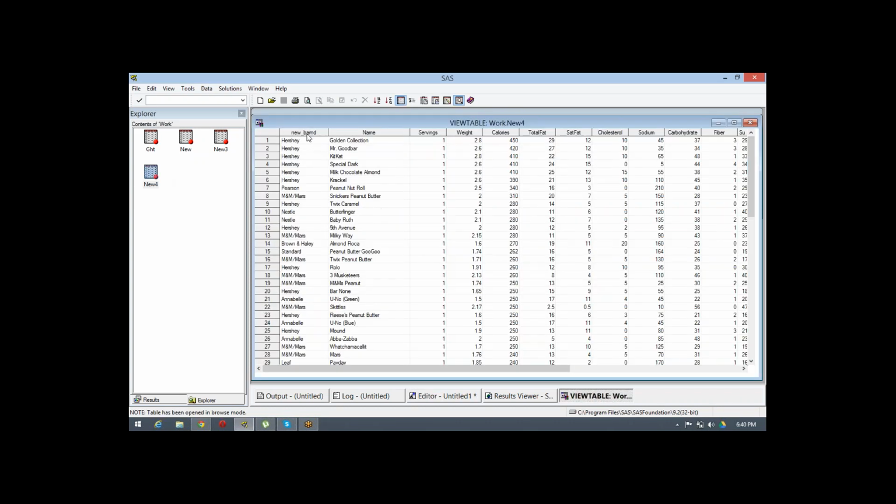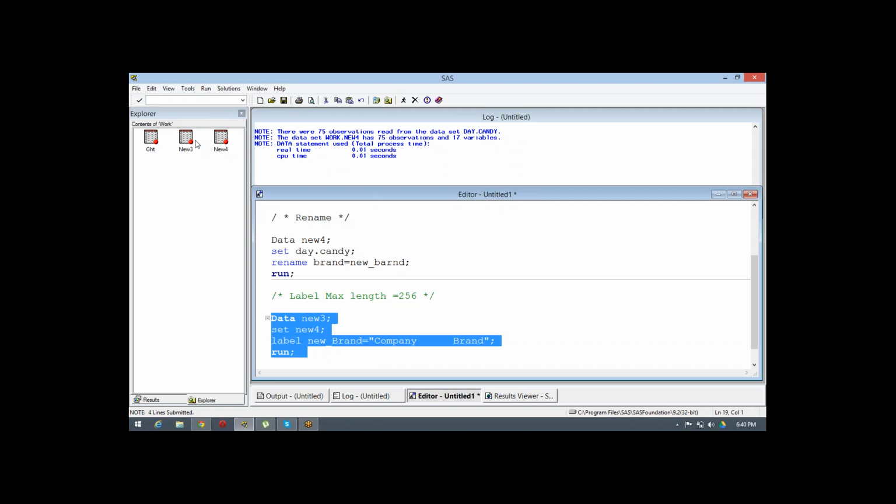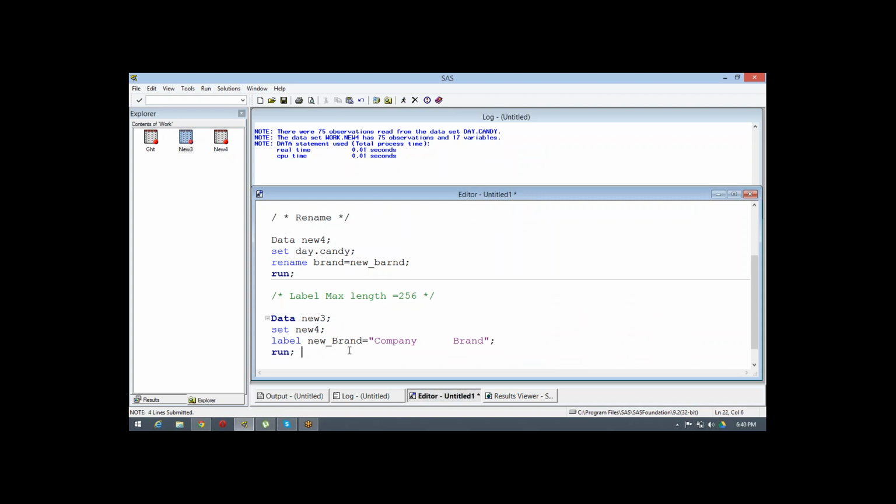New 4 has new brand as a name, so here you delete this. Here we can use new 4 and here new 3, and here I have to use new underscore brand. So now it's BRND. Okay, correct now.